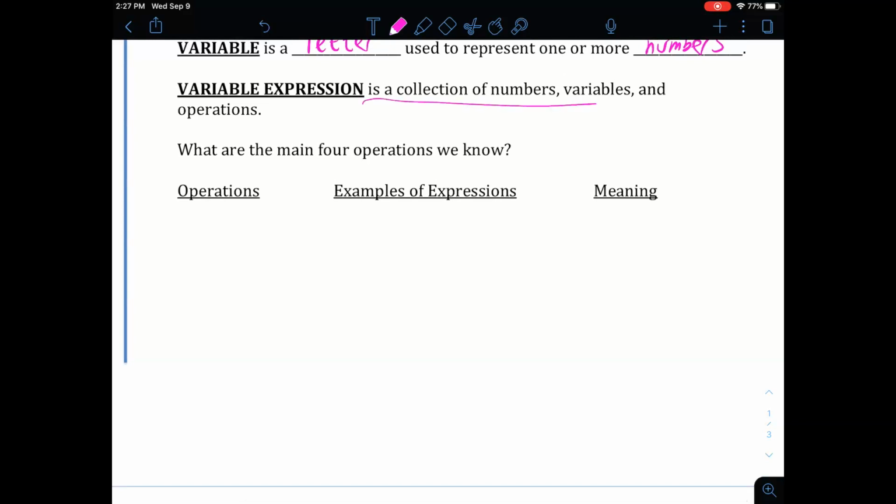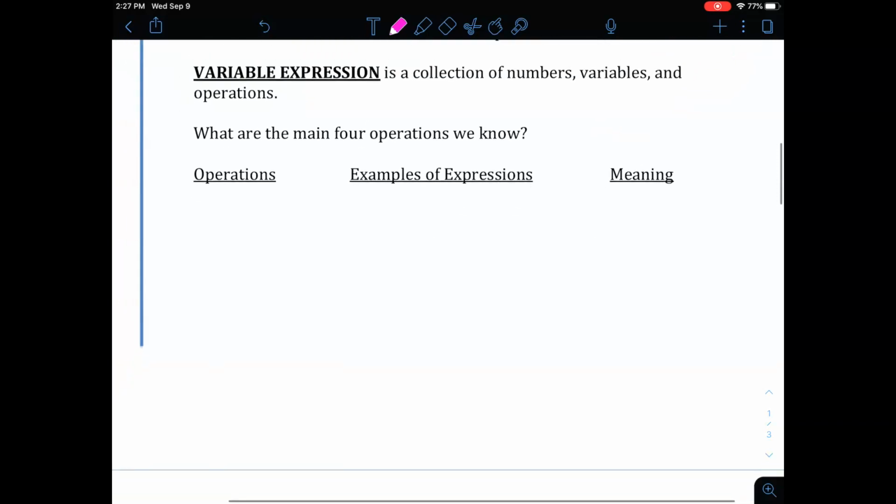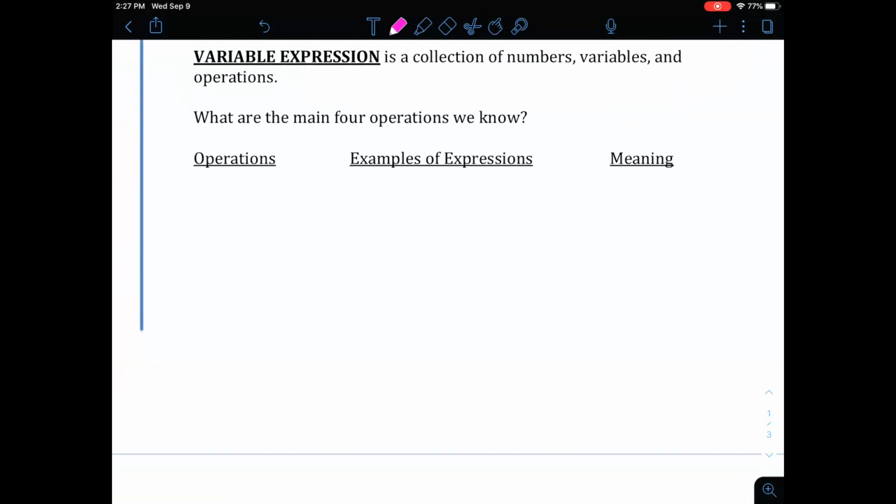Our variable expression is the collection of numbers, variables, and operations. And what are the four main operations that we know? Well, we know operations would be something like addition. So I'll give you the first one. What are the other operations that we know? Addition, we also have subtraction. And the other two, we have